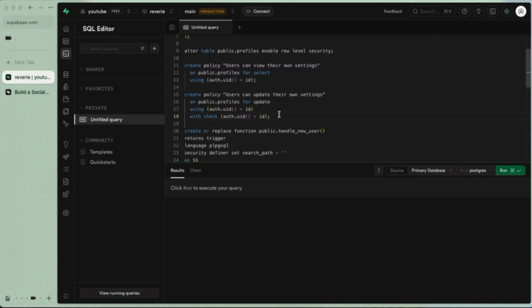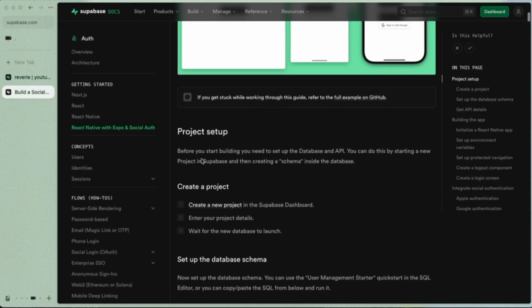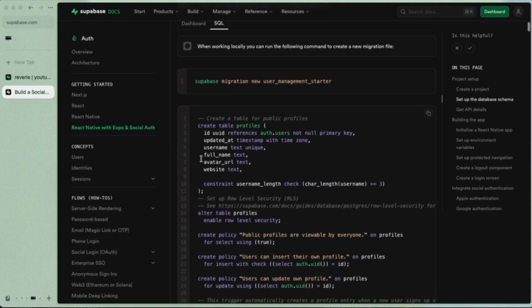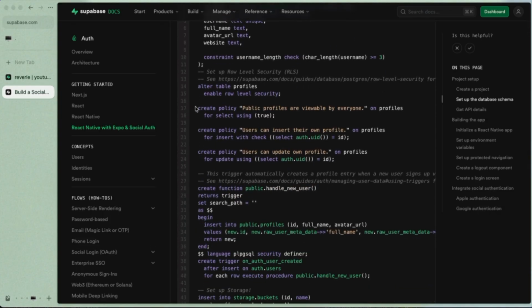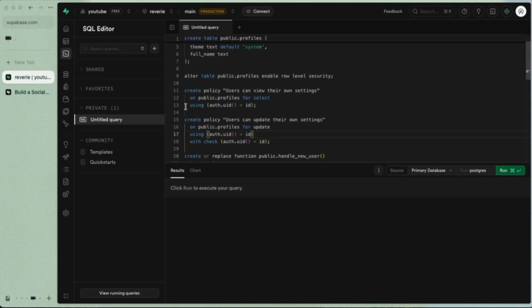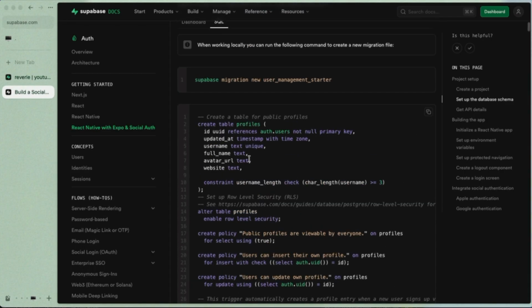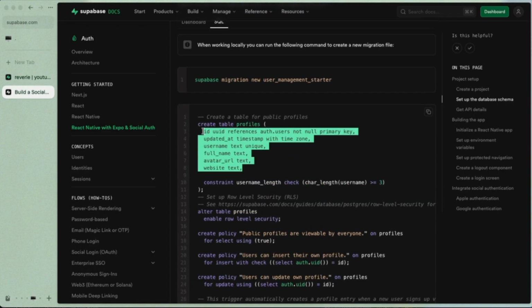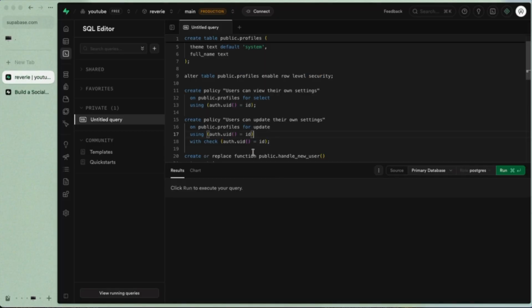It's not that important, but actually, the documentation that I used to set up this authentication in Expo, Supabase has really good documentation for this, which we're going to be referencing throughout this video, and they talk about setting up row level security as well. I pretty much use the same thing, but for our purposes, because it's not a social app, I changed some of the properties on the profiles table. Okay,